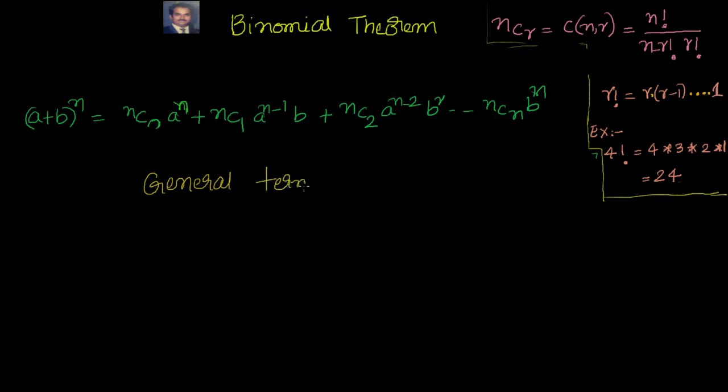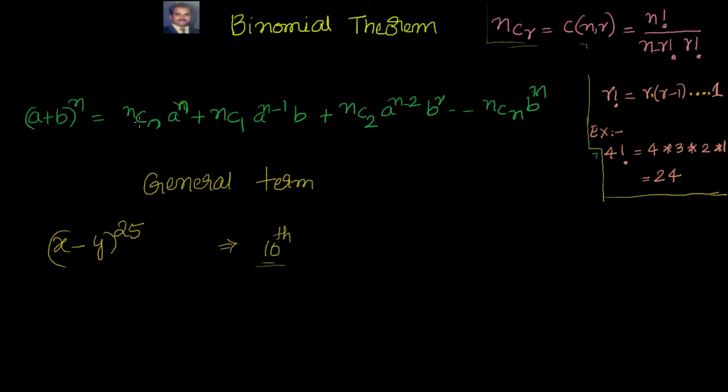What's the meaning of that? If somebody needs something like (x minus 5) to the power of 25, they may not be interested in knowing all the 25 terms. They may just need only the 10th term, or they may need the 5th term. So there should be some way that, out of the whole expansion, I should be able to give a specific term. That's called the generic term. To do that, let's make a small observation here.